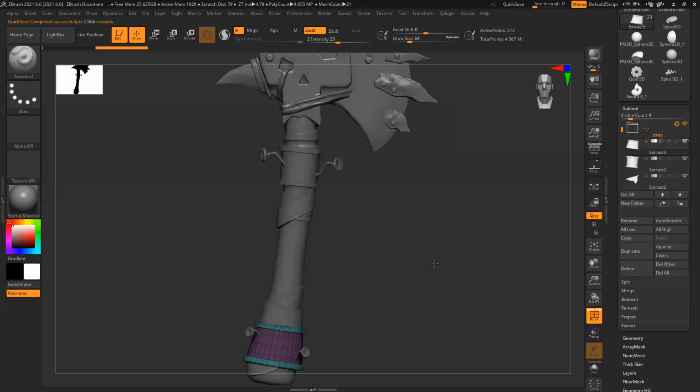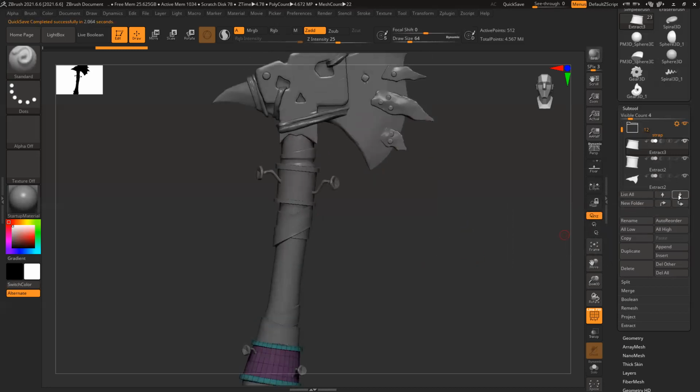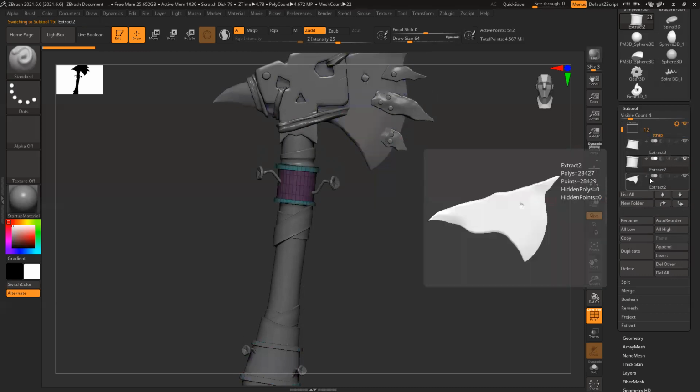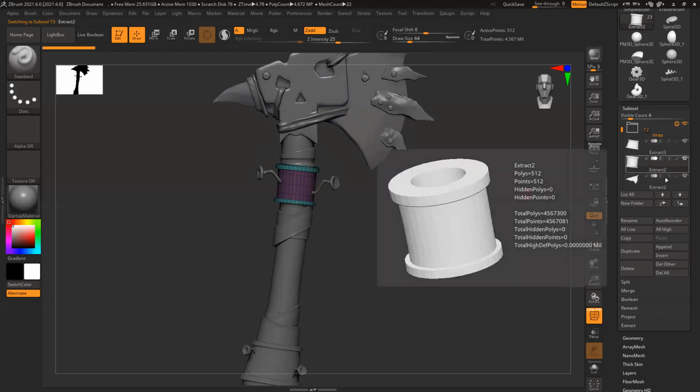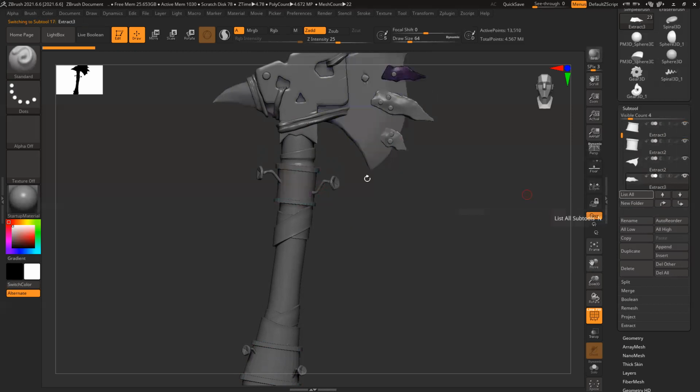So like this, you can create folders. Now there are a few options here. You can see up, down. Here you can see move up, move down. These two are basically selection up, selection down. Suppose I select this one, and this one is this one. Selection up, so only the selection will move to this object. Selection down, selection down. So these two are selections, and these two are move the tool up, move the tool down. So move tool up, see, it is moving up, down, down, down. So move tool up and down.